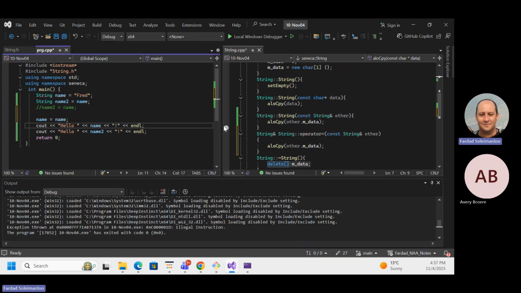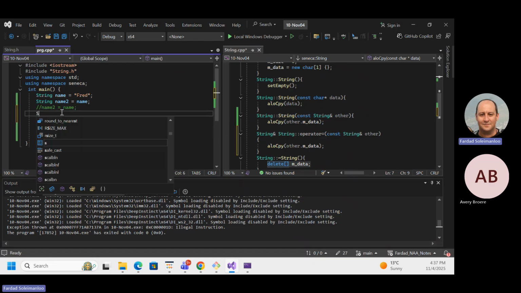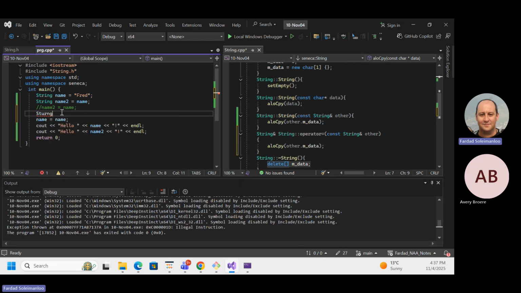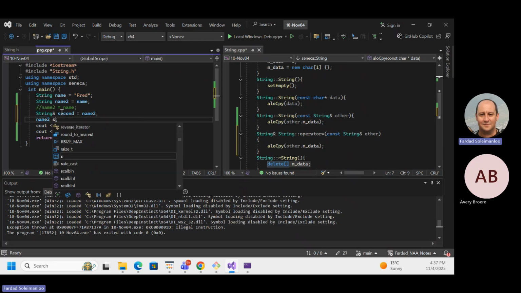Now it's either a numbnuts or somebody who doesn't know what they are doing, because they create a reference and they don't know that they are the same.